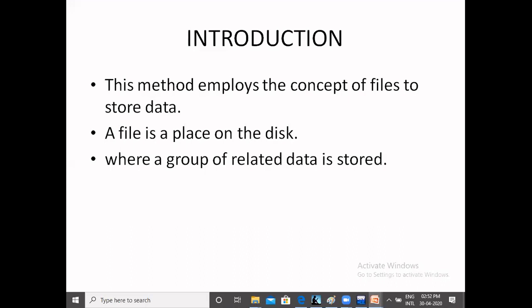Next, what is a file? A file is a place on the disk where a group of related data is stored. So the file can store a group of related information. Think about your student information. It is already recorded in the office, not only registered but stored in an Excel sheet.